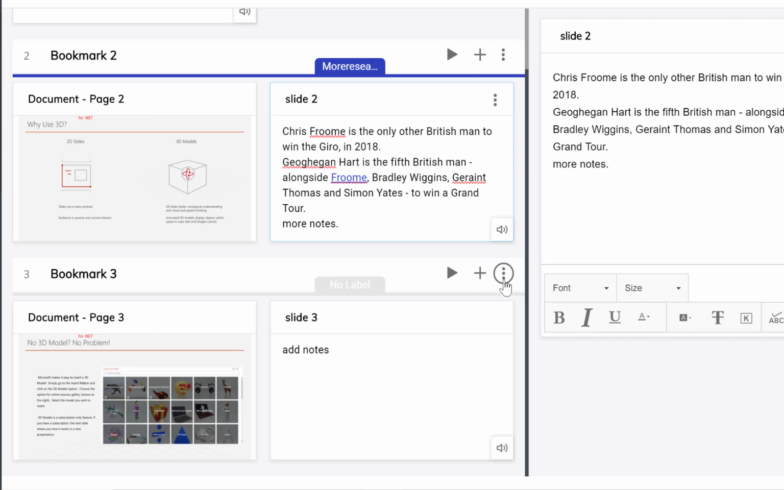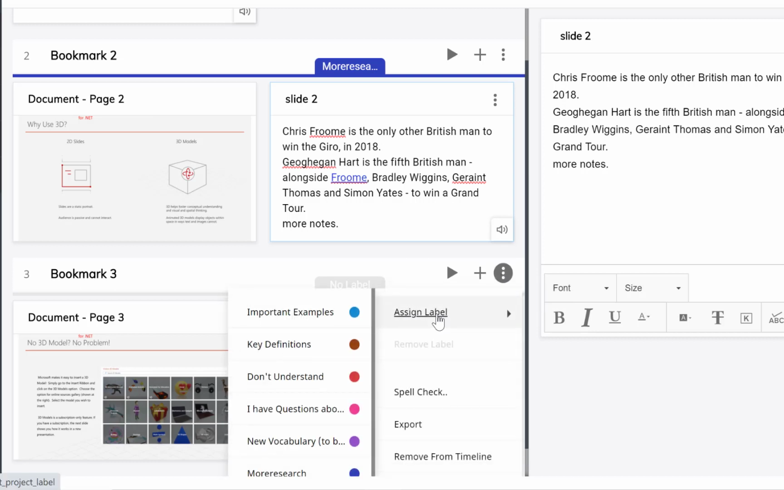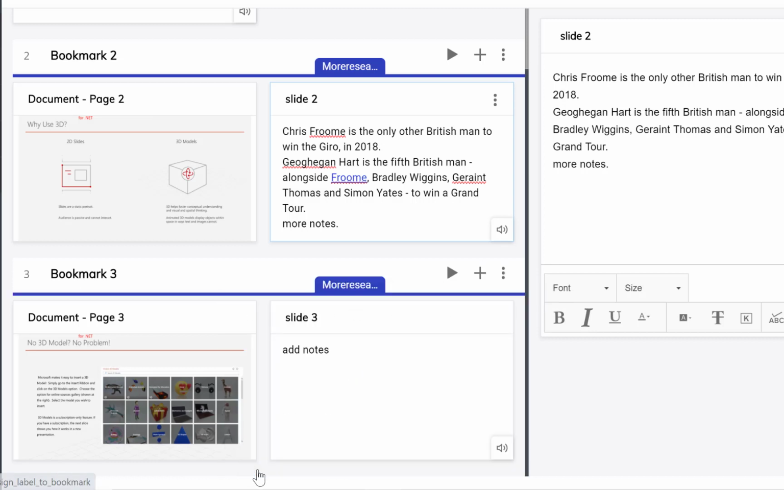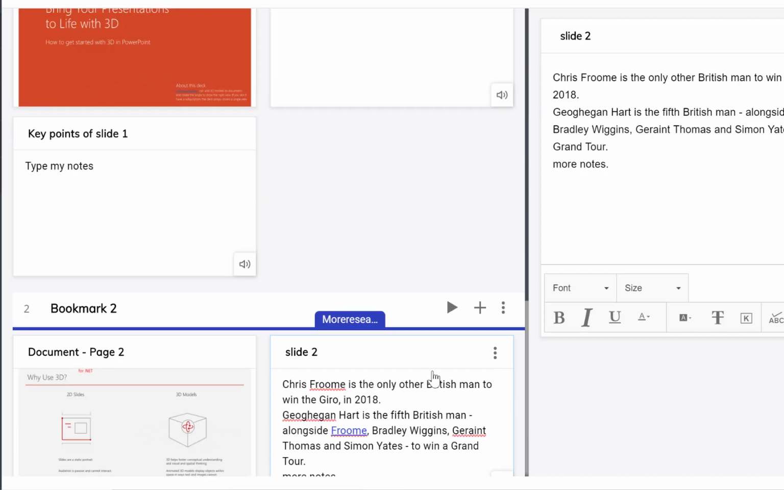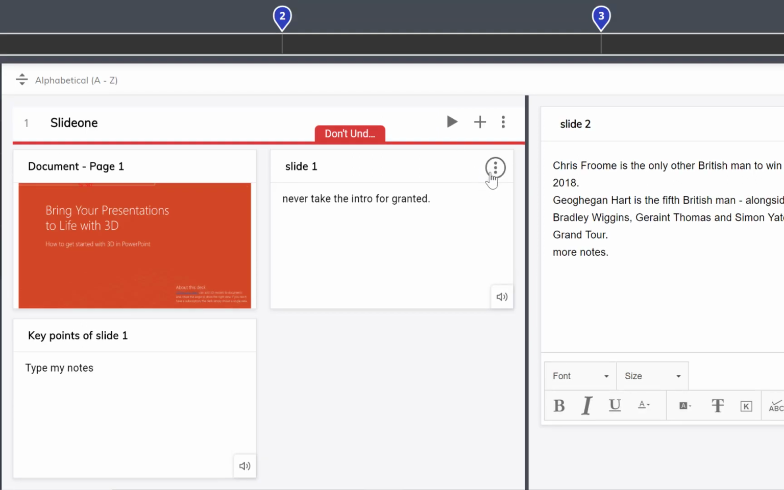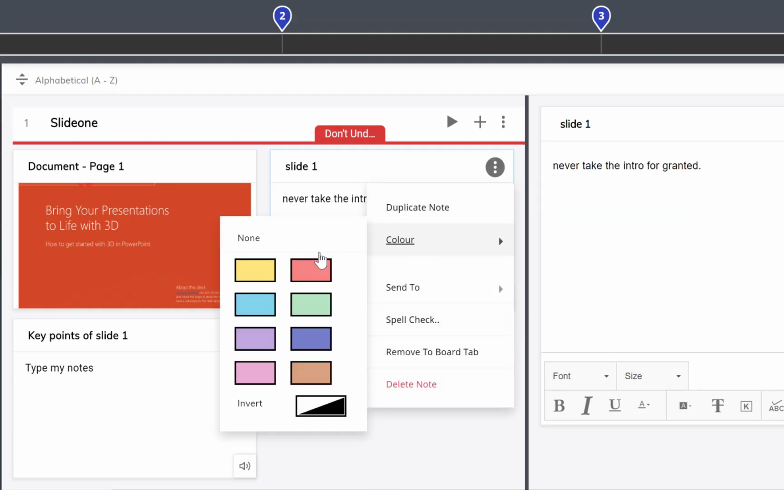And again, we come to number 3 here, and you can also assign a label. You don't have to, and then add more research. Also, you can even highlight individual notes. If I go up, you might actually go note 1, click the options, and I'm going to colour code that